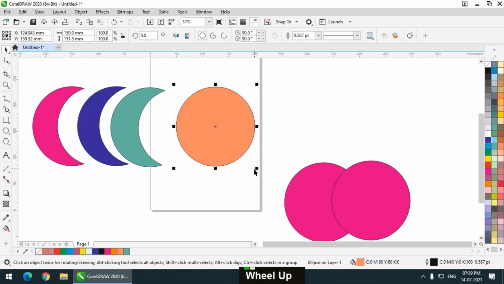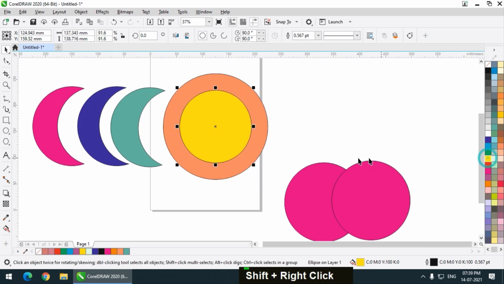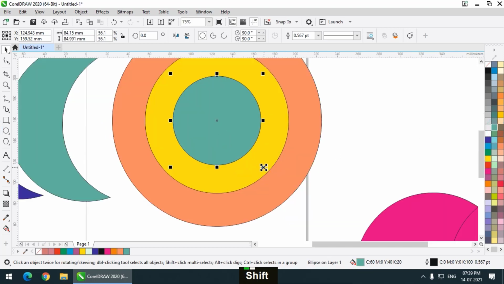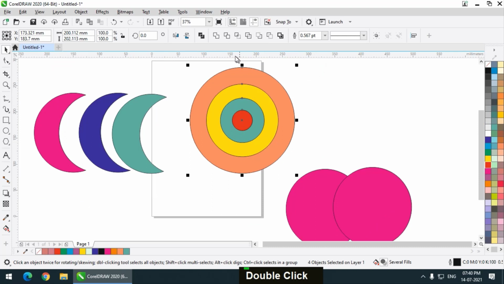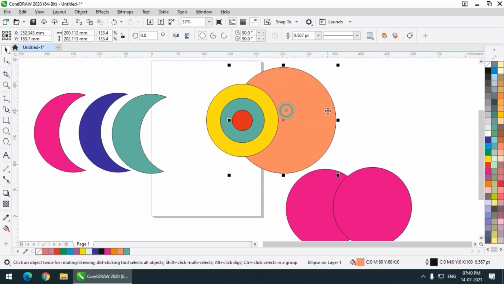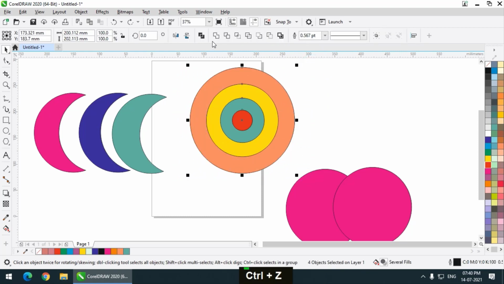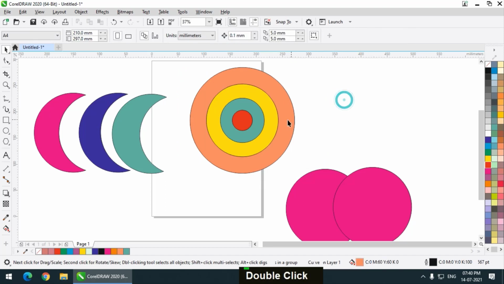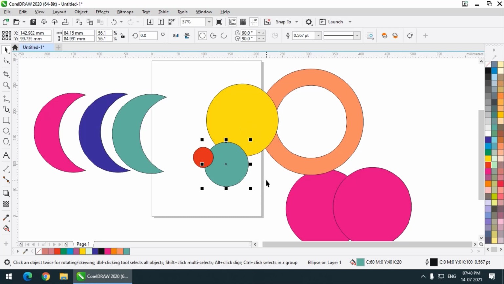We can again use this same option. I will create some copies of this particular circle like this, and maybe like this. So if I click on the trim option, it will only affect the bottommost object, that is this largest circle. So what will happen if I select all the objects and click on the trim option? It will only trim this shape like this. It won't affect any of the other objects.